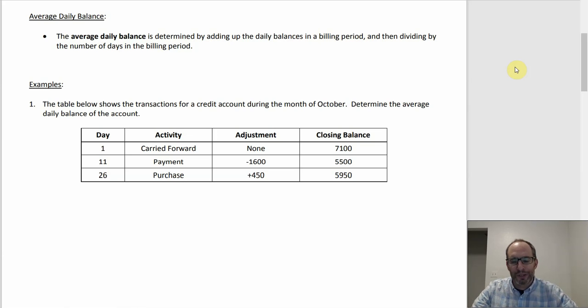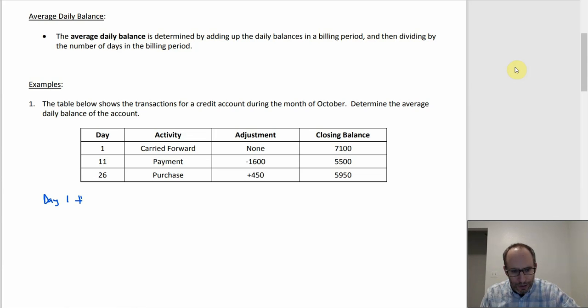So day one, there's this carried forward balance of 7,100. And then day 11, there's a transaction. Day 26, there's a transaction. So the first 10 days, it's just 7,100, right? Because on day 11, that's when there's a change. But day 1, day 2, day 3, up to day 10, no change. It's just 7,100, 7,100, 7,100, 7,100. Okay, so what we're going to end up with then, so that's for day